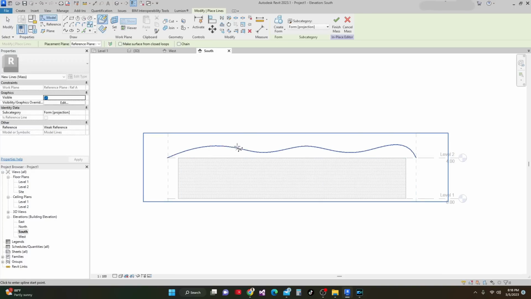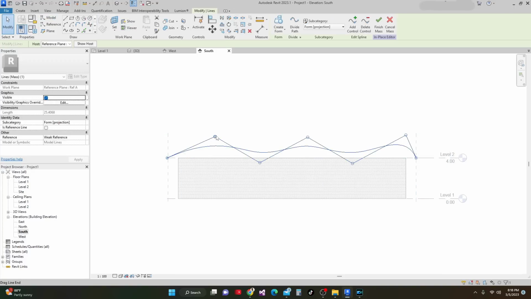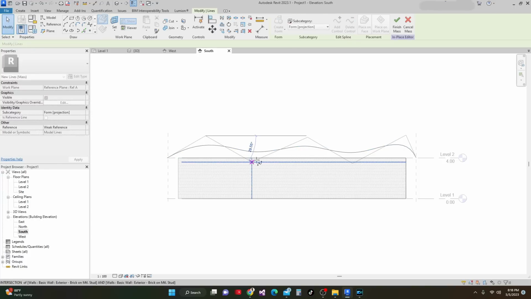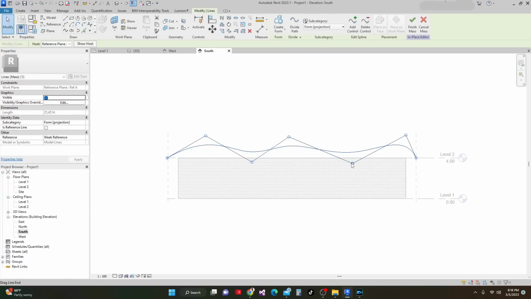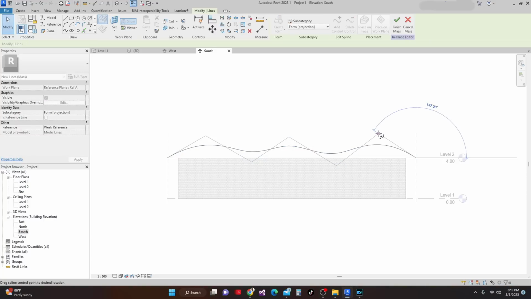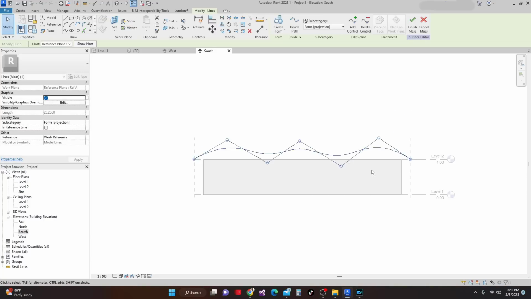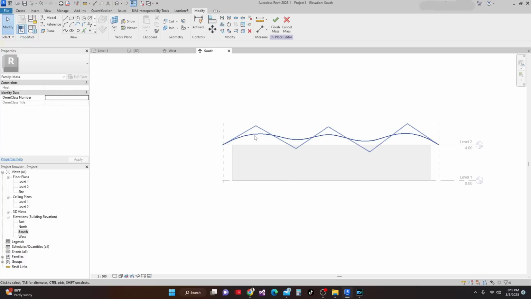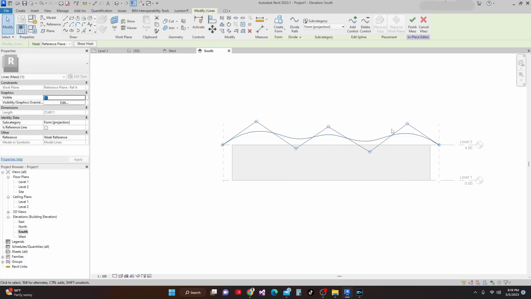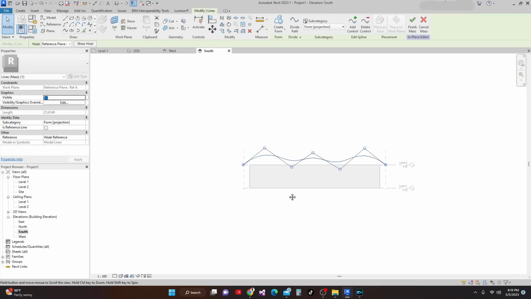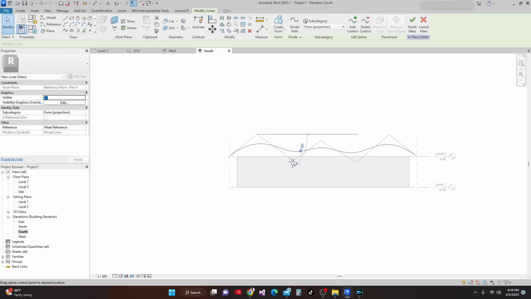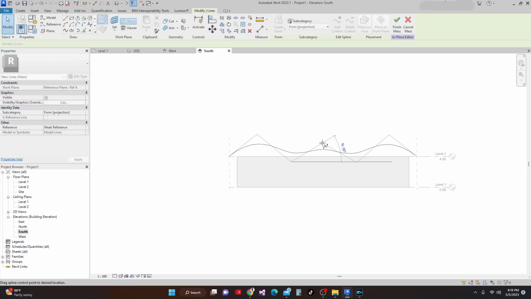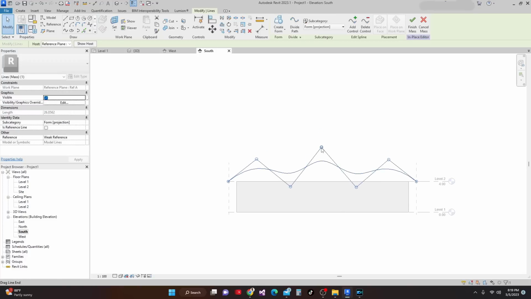Now I click escape, and then let's edit this. Just move this here, move this one, move this, and I move this in the middle. Just make it like this. And here I'll just make this one higher more,